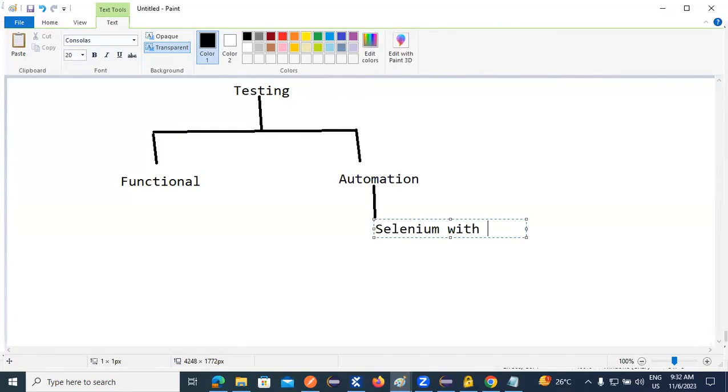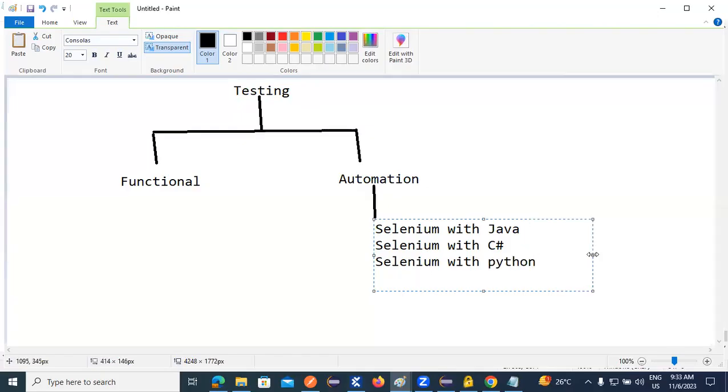Selenium with Java, Selenium with C Sharp, Selenium with Python. See, you guys observe, these are all automation testing. Automation is not only Selenium with Java. Automation is with Java, with C Sharp, with Python. Okay. See,